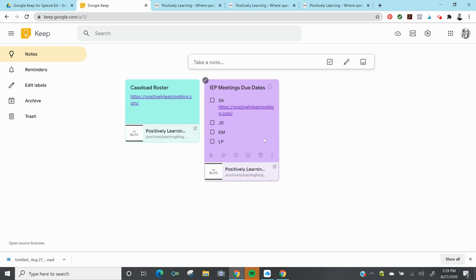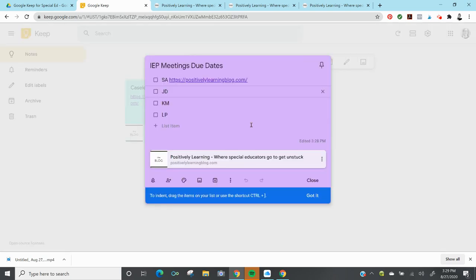All right, so next thing I want to show you is how to add in the Google image headers. So I'm going to go back to the IEP meetings. I'm going to go ahead and open it up. Now it automatically has me in the notes section, so I'm just going to highlight up here at the title. Down here I see a picture where it says add image, and I'm going to